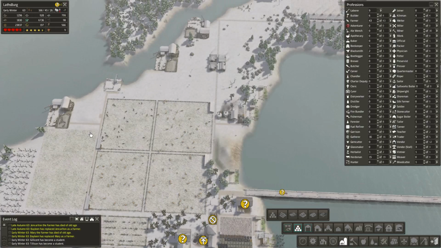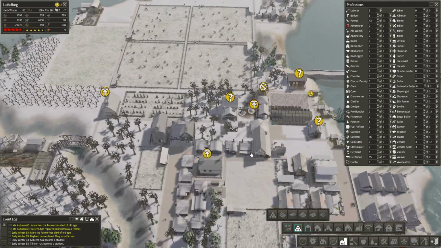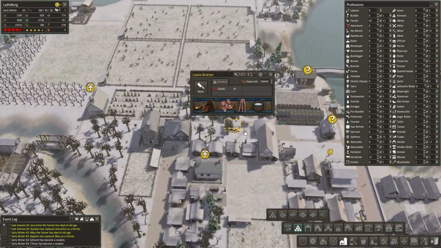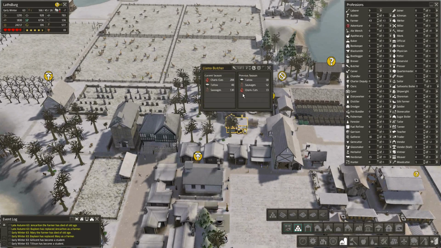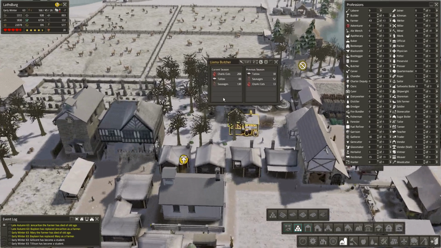Okay, so we'll have bison soon for an additional bit of food, which we will be putting down a butcher's for. We already have our lovely lamb butchers working away, making... I actually don't know. Okay, cool, we have...